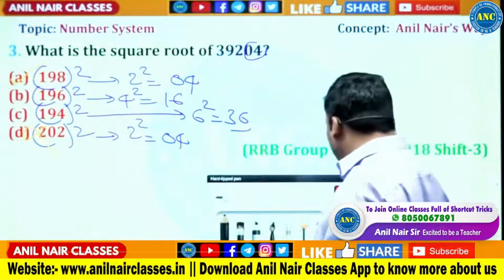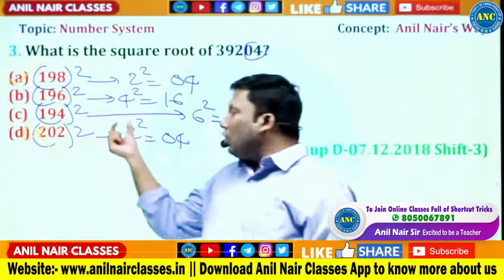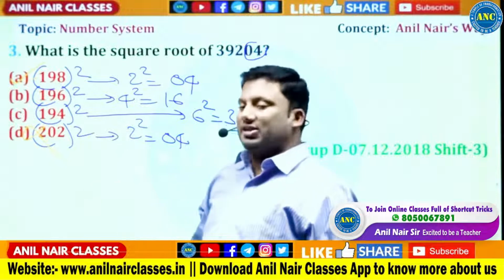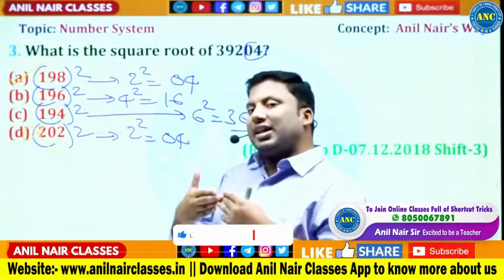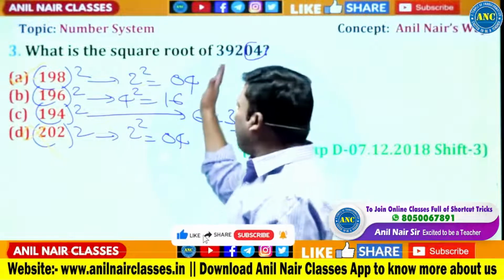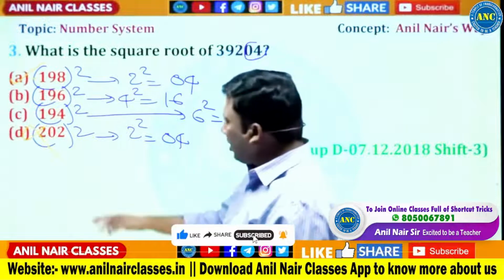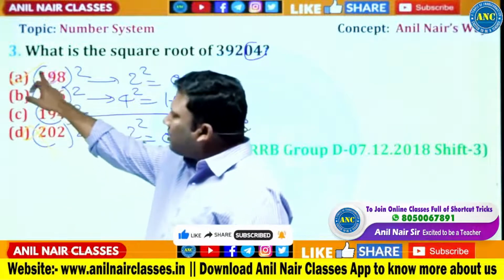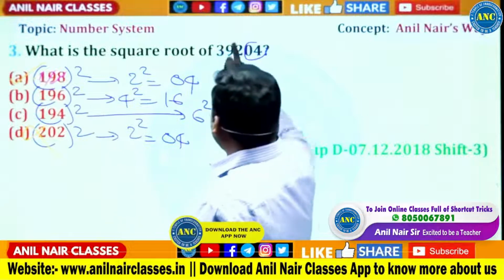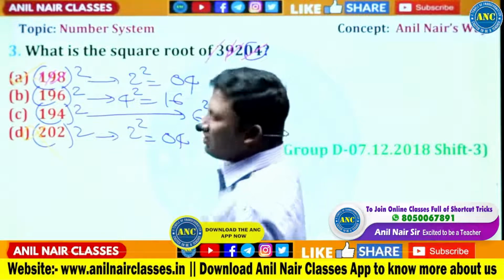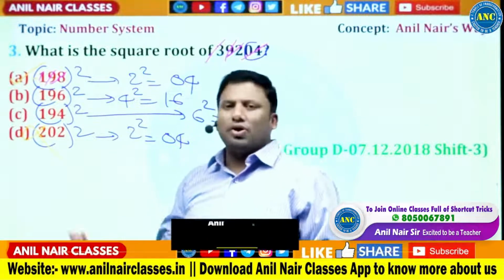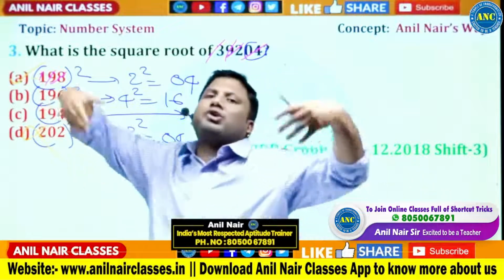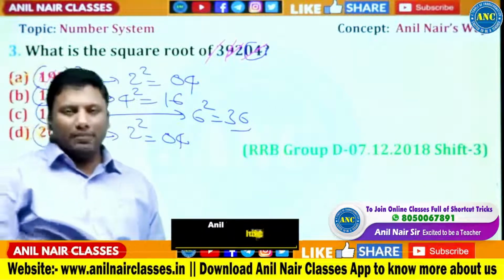That is one way to do it. 202 square cannot be the answer. 202 is greater than 200, and 200 square is 4 into 10 power 4. It is less than 4 into 10 power 4, so this cannot be. Or otherwise, 9 out, 8 plus 1 out. The answer's digital sum is 9. 4 plus 2, 6. 6 plus 3, 9. This is also 9. So in either way, if you have got too many tools to solve the problem, first